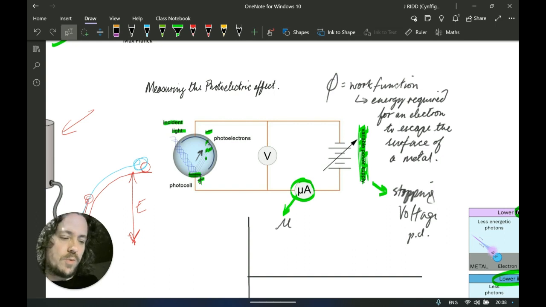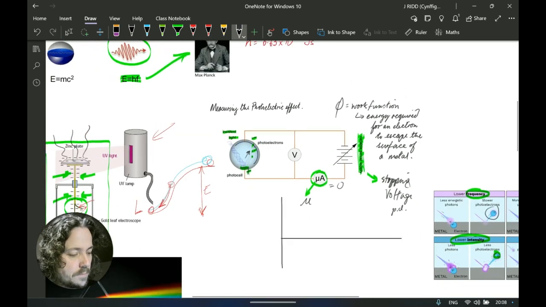And that's what you want to try and do here, except you've got this voltage created by the photocell, and we're going to provide a counter voltage in order to stop that current from flowing. How will we know the current stopped flowing? How will we know that we provided exactly the right stopping voltage? Well, that's when the microammeter reads 0. So when the current completely stops, we know we've done a good job.